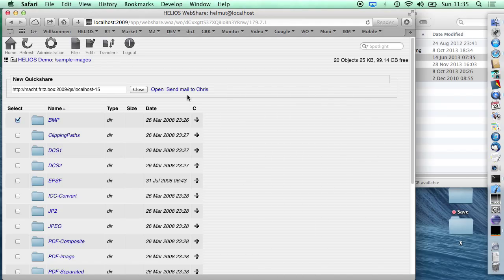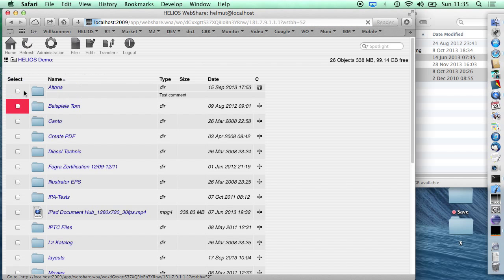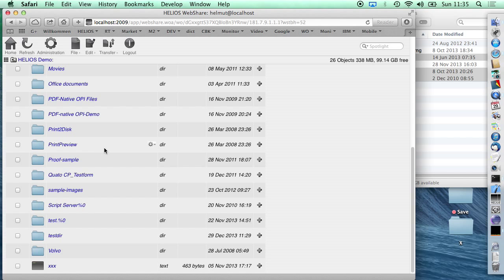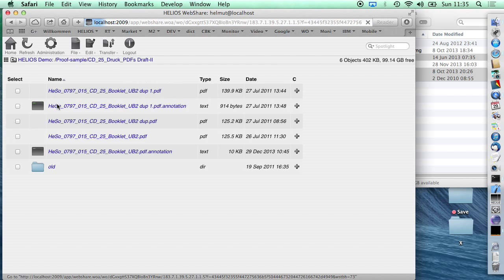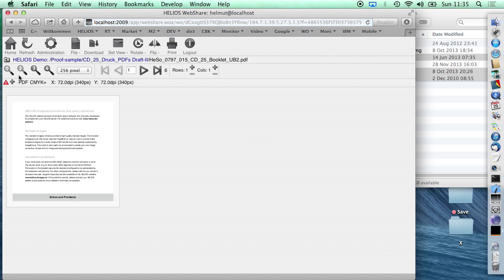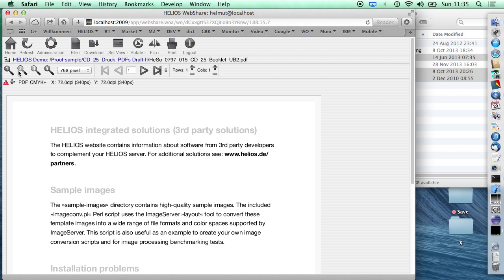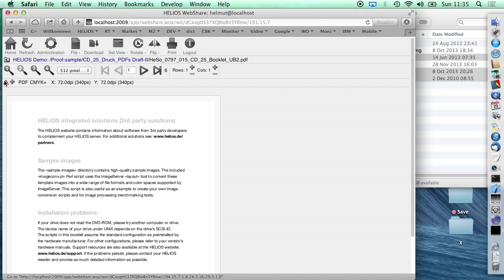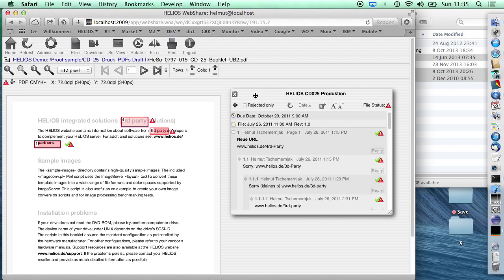So that's the part on quick shares, and now I would like to show you something different, and this is related to proofing. Here I have a proof sample document, our old artwork from our CD booklet, and let's make it a little bit smaller. And everybody knows that we have annotations, that we can put notes on the page, and with these annotations I can add some new annotations, like create a rectangular marker and say